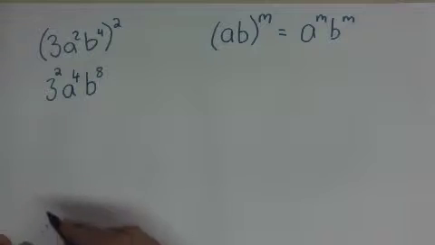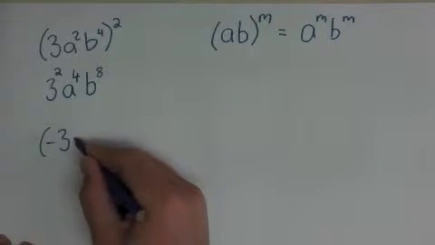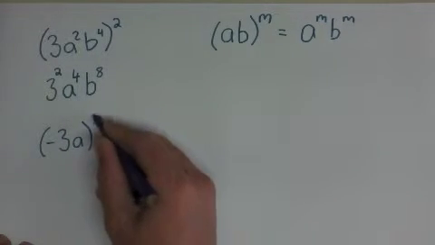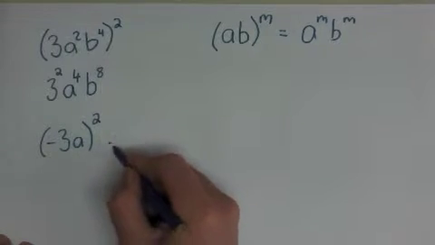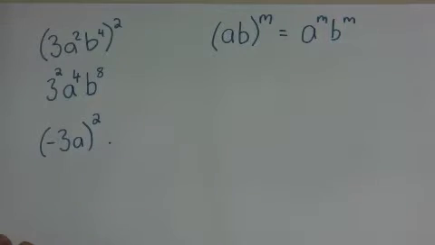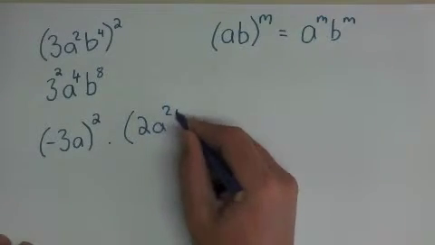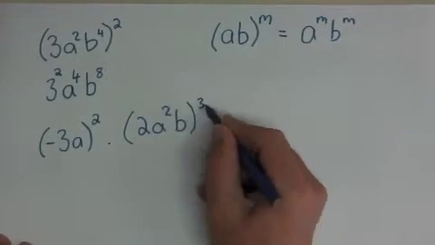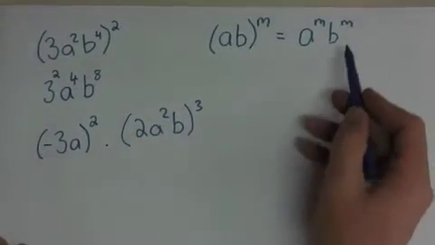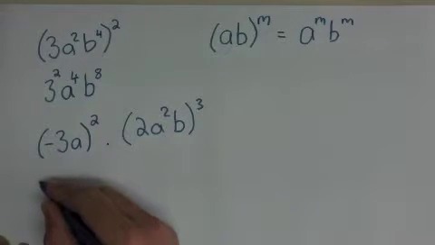Another one to try using this understanding would be if I had (minus 3a) all squared times, and here I'm using the dot notation for times because, as I said before, it is better not to use the multiplication sign, (2a squared b) all to the power of 3. So again, I'm using this indice rule that I have here, and so applying the power in first, I get